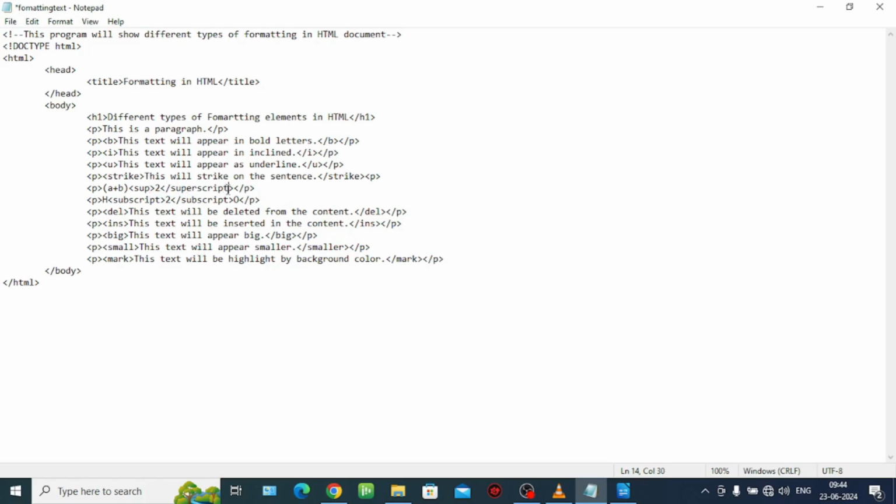SUP represents superscript and SUB represents subscript. I made a little mistake over here. Let me rectify it. Now it's okay. Now let me save this file